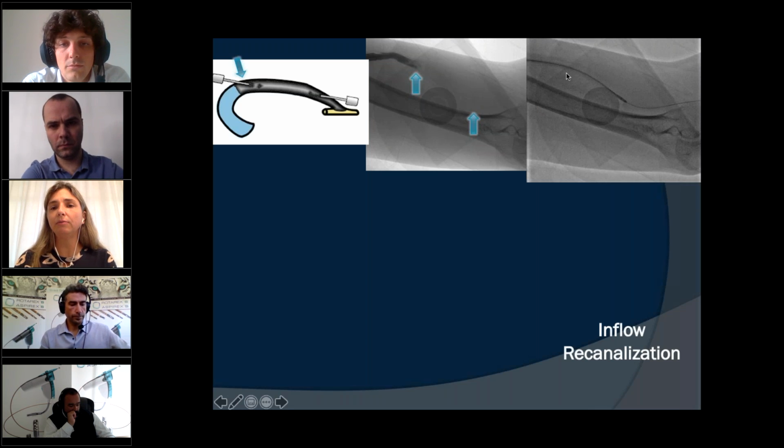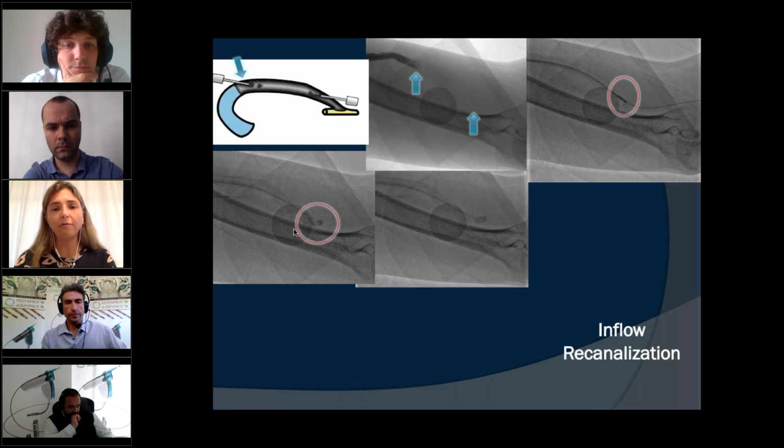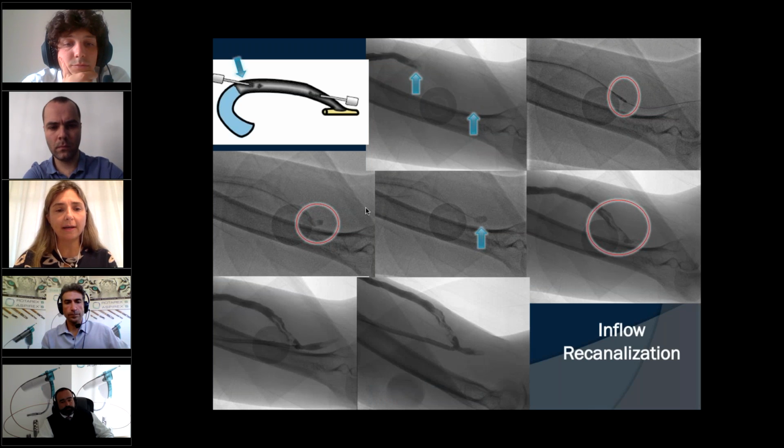Then we proceed with the Rotarex passage over an 018 guide wire. We go as close as possible to the arterial anastomosis, but not through the arterial anastomosis. We reserve a Fogarty catheter, a 4 French or 5 French Fogarty catheter, to pull out the arterial clot, the platelet-rich arterial clot at the arterial anastomosis. And then the final control, there is some lack of contrast filling due to the first puncture.